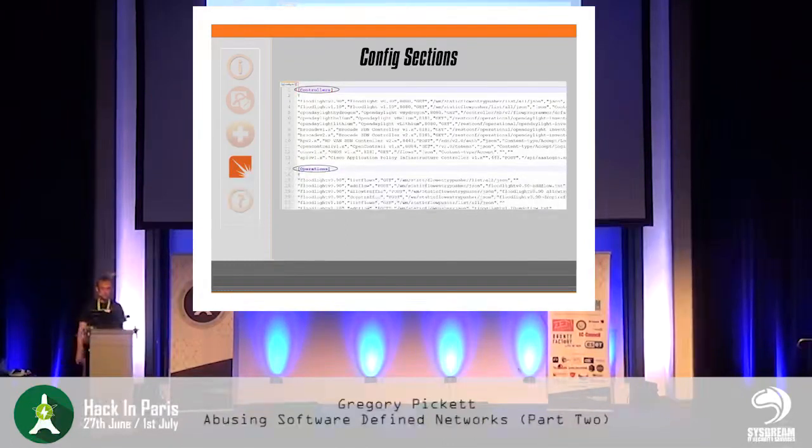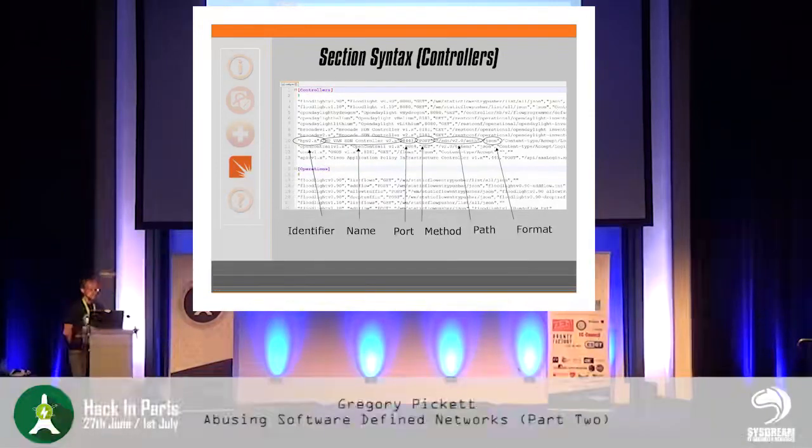There's one each under the controller section for each controller that is used to, of course, identify the controller to the toolkit, as well as what it uses for auto detection and any particular operation that you want the toolkit to carry out with that controller. Under the operations section, breaking that down, there's an identifier for that particular controller, friendlier name, the default port for the controller, the method that you're going to use in the auto detection, the path, the format. That's for the HP there.